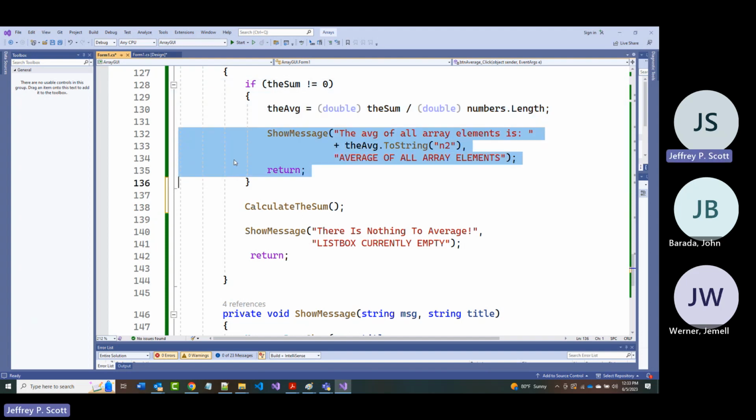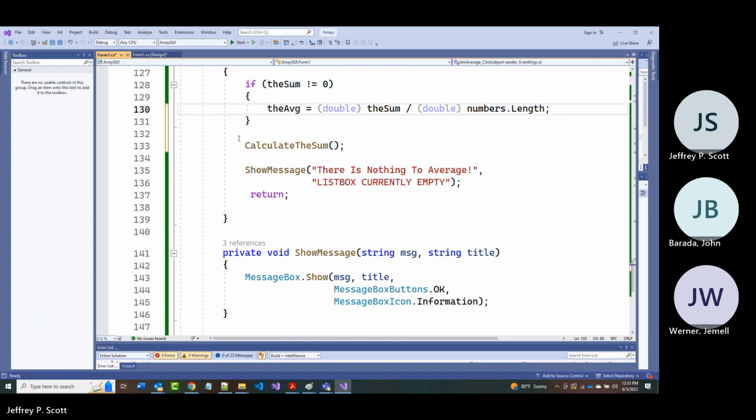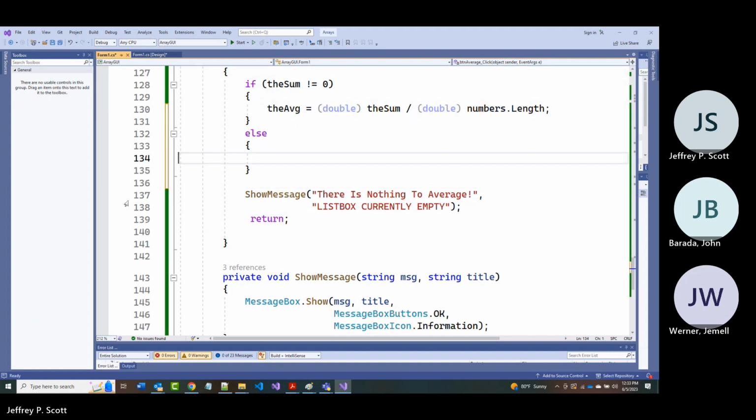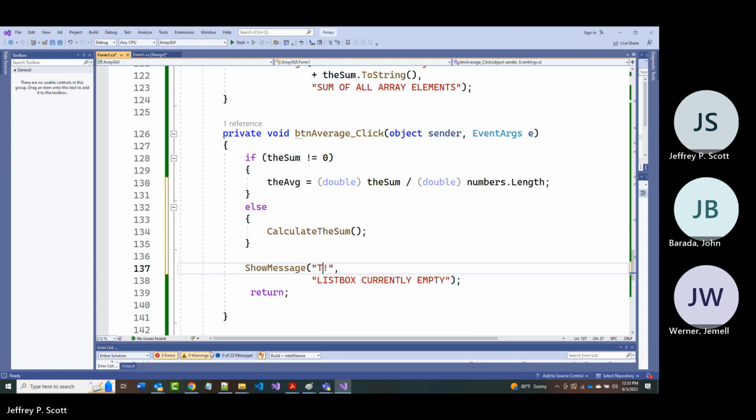Then we can say an else, and we can say calculate the sum. And I actually removed the wrong one here. So this should say